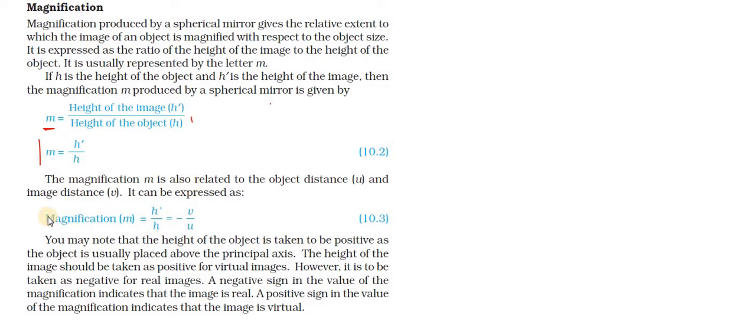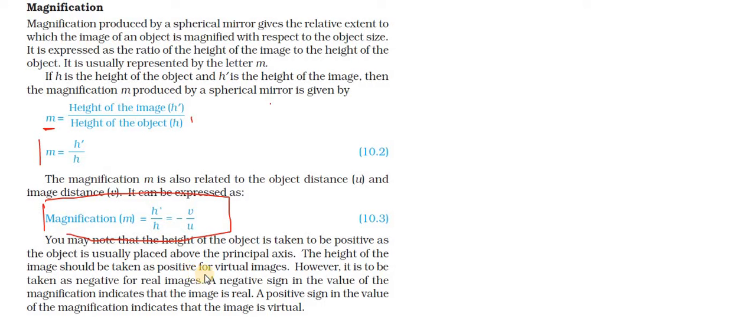It can be expressed as magnification m, which is equal to h dash by h, which is equal to minus v by u. So you may note that the height of an object is taken to be positive, as usually it is placed above the principal axis, and the height of an image is taken